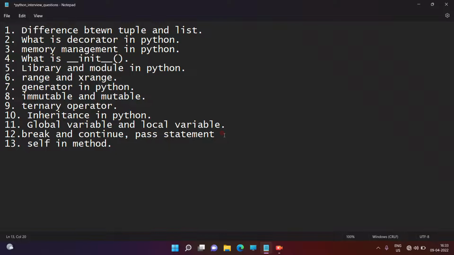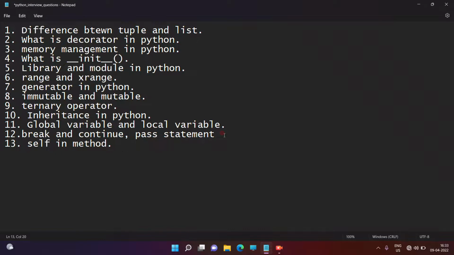We have observed in a class that when we declare any method, the first parameter is self. What is self? Self is a standard word, it is not any kind of keyword. So what is the use of this self word?